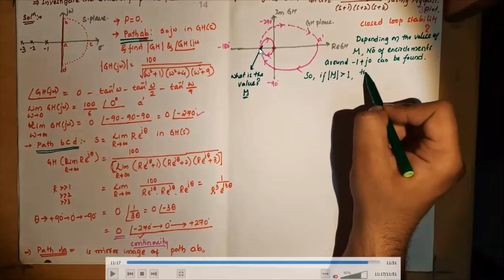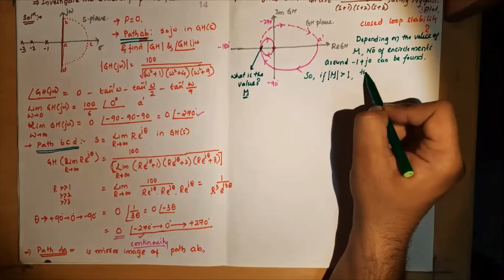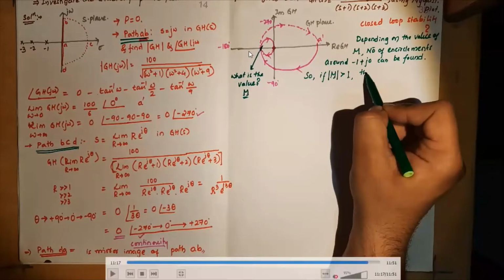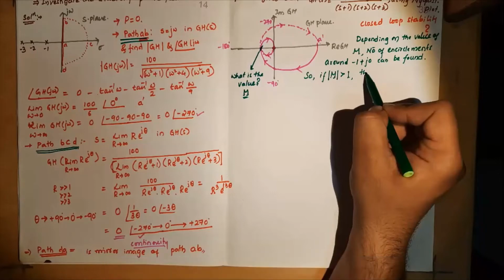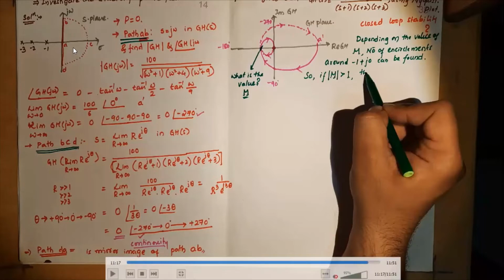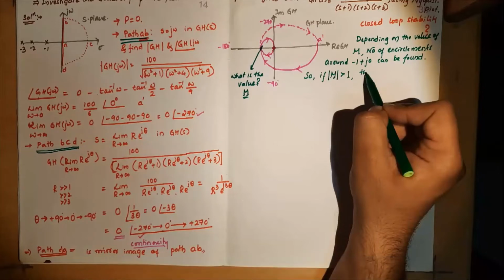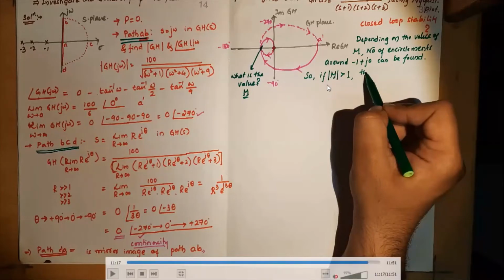Okay, suppose for example, if this M lies somewhere beyond minus 1, whose magnitude from the origin is greater than 1, then obviously there will be encirclement. Okay, we don't know yet whether it is encircling minus 1 or not, because we are making approximation in mapping, we are not doing any point by point mapping. Therefore, this is some additional task for us to check whether it encircles or not. So I will call this point as M,